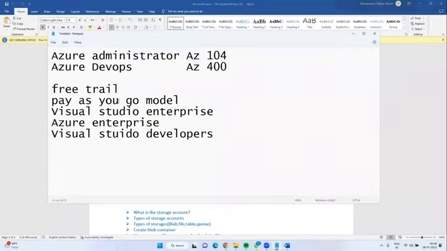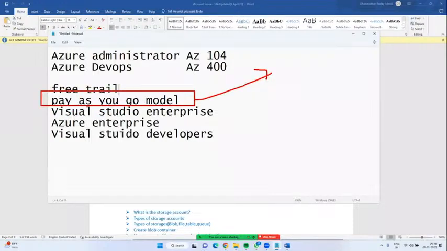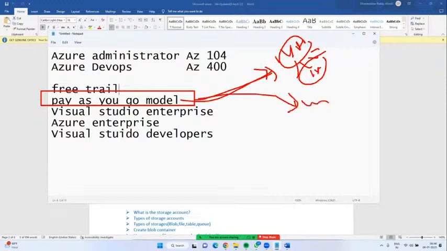What are the advantages? For example, we are all working in one account. One project may be required for 1 year. After 1 year, they are going to destroy it. So they will take the pay-as-you-go model. Whatever services they deploy, they can consume for 1 year. After 1 year, they will delete this subscription. The moment they delete it, whatever services we have deployed under this subscription, everything will get deleted.